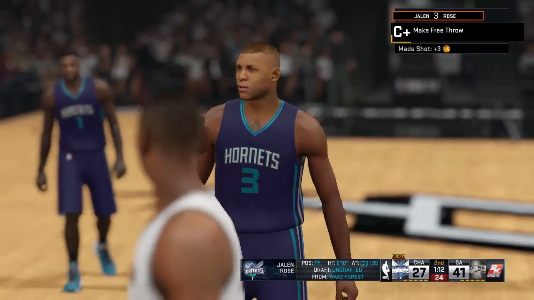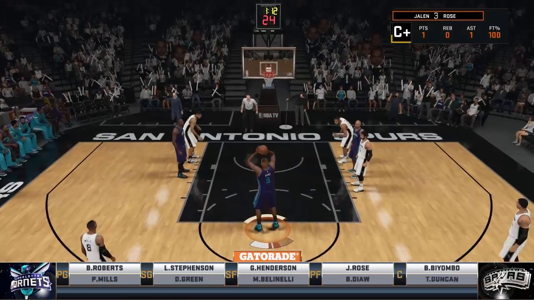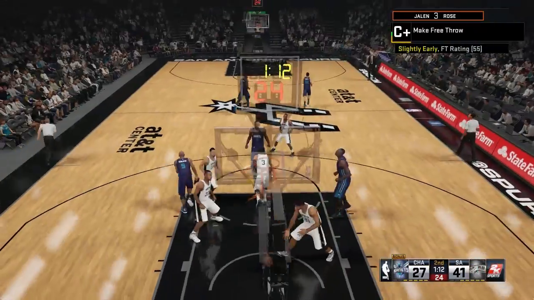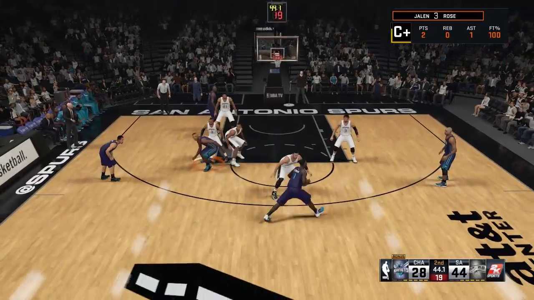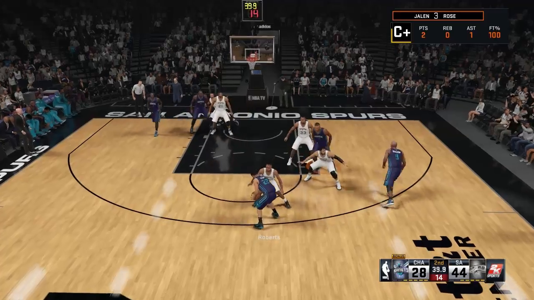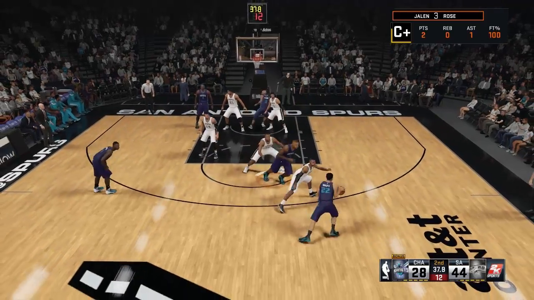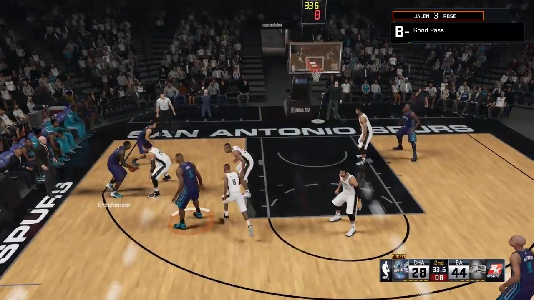And with the 55 overall free throw rating, I'm going to hit both free throws here, which is just a little bit crazy. Knock them both down, and it's quite easy to hit the free throws for a guy who has a 55 overall rating. So that was a little bit surprising. I was expecting to just brick both of them, but that leads to the first NBA points coming at the free throw line,